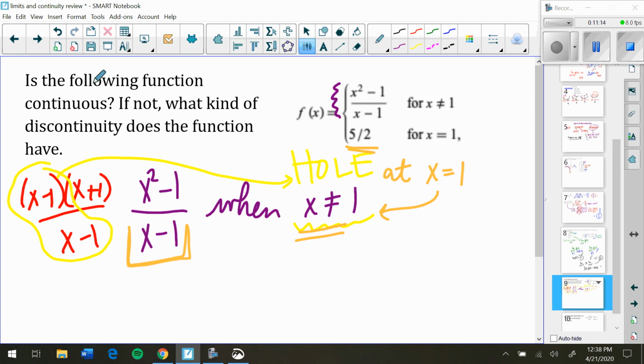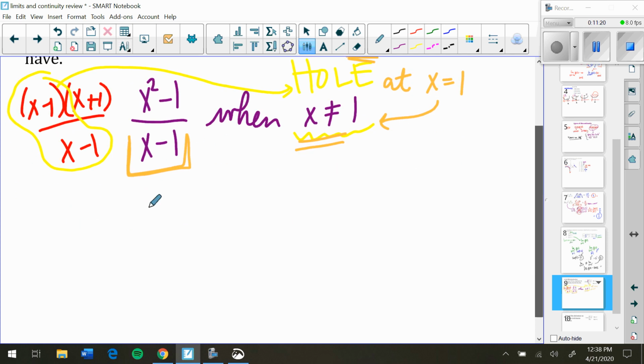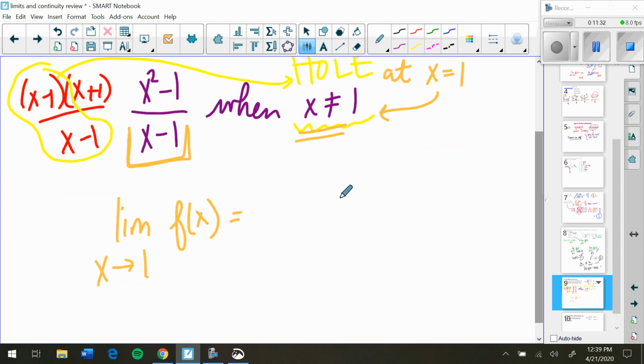So is the following function continuous? Right now, we're not actually sure. In order to determine if it's continuous, we need to see what is the limit as x approaches 1 of this function. So x squared minus 1 over x minus 1. We already have